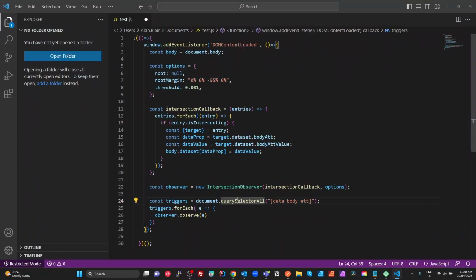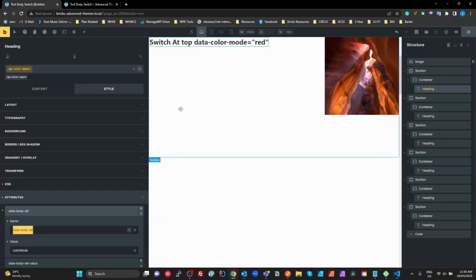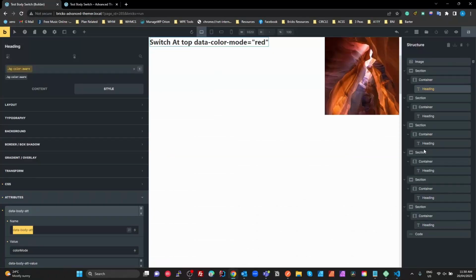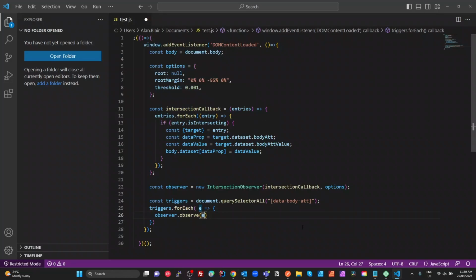Okay, so get all of those, and iterate through every one of them. We're going to pass the element in as e. So each of those elements that it finds is going to be e. And we're going to tell the observer to observe that element. So all we're doing is saying all of these headings that we're tracking, and it doesn't have to be a heading, it could be anything, all of those, we want this observer to observe that element based on these properties. Okay, so whenever that element is within 5% of the top of the view, then I want to call this